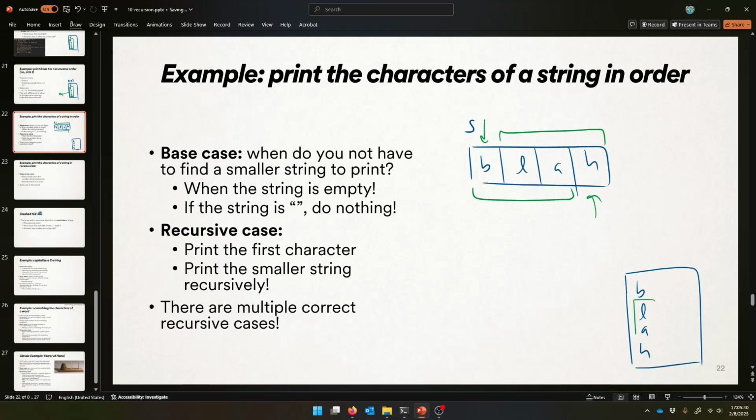Let's do the top way. First print the B and then recursively print the smaller stuff. Do you see that? That's a smaller thing. Here's a smaller string to go off and print. It will work. It's a little weird, but that can be a recursive case. Print the first character, then print the smaller string recursively. And then the base case is also